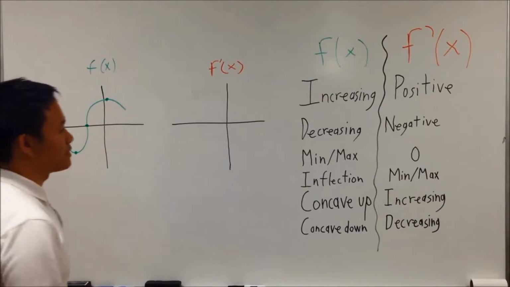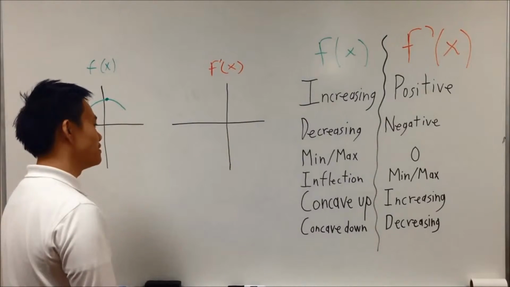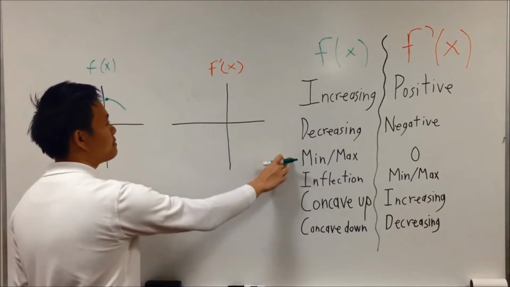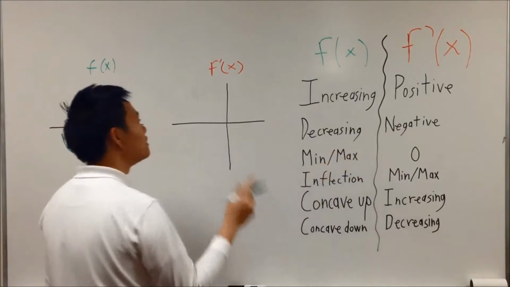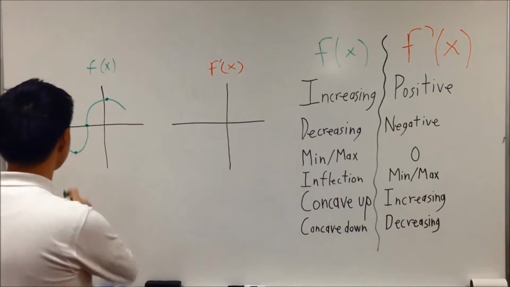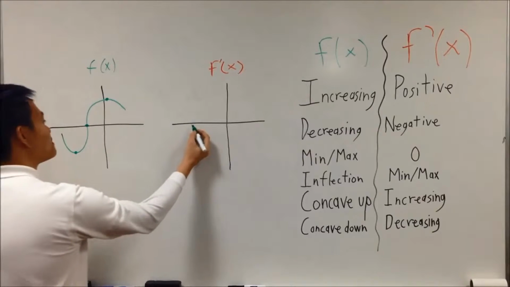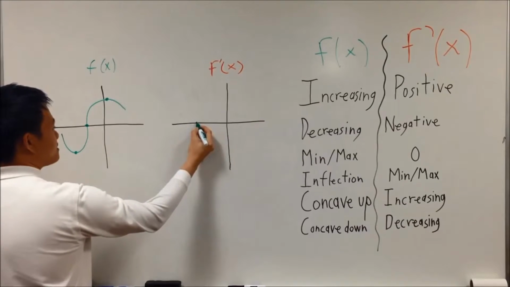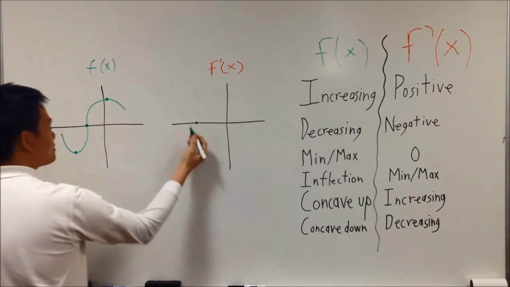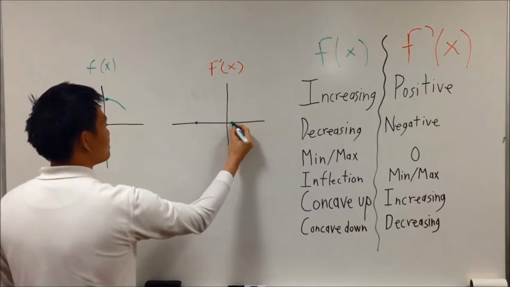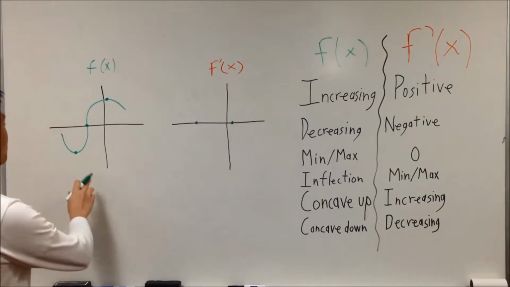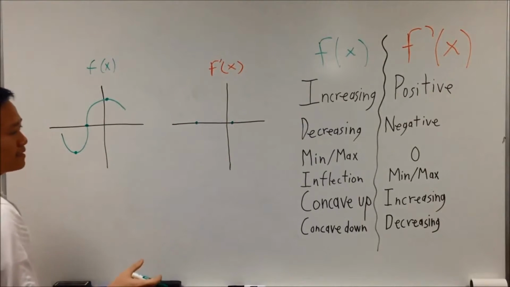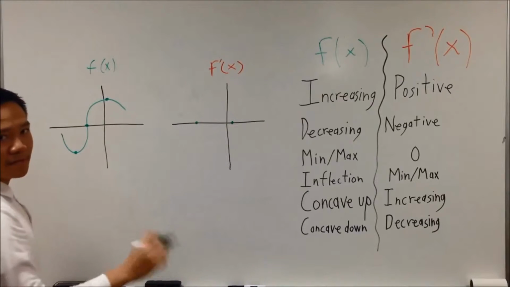Looking at our list of tricks here, you can see that our minimum and maximum on our function graph translate to a 0 on our derivative graph. So you can plot these points approximately. Let's say 0 translates over to here, and the maximum is here. As for our point of inflection, we don't know quite yet whether it's a minimum or maximum,